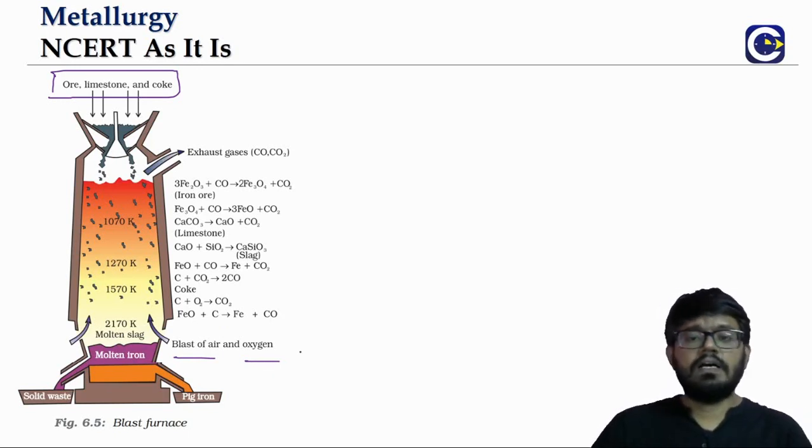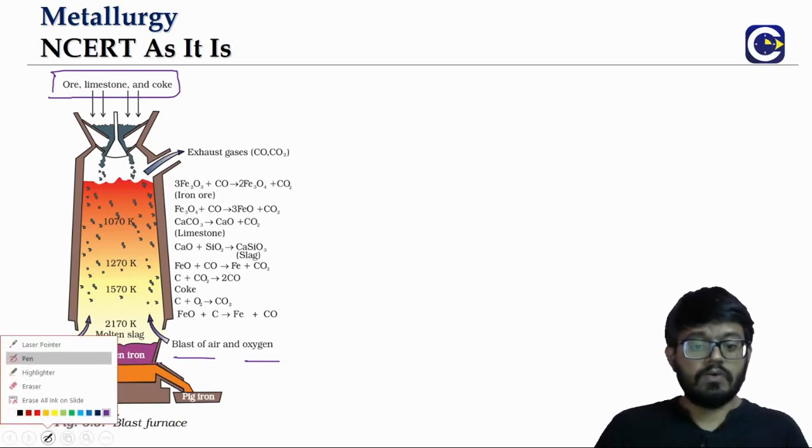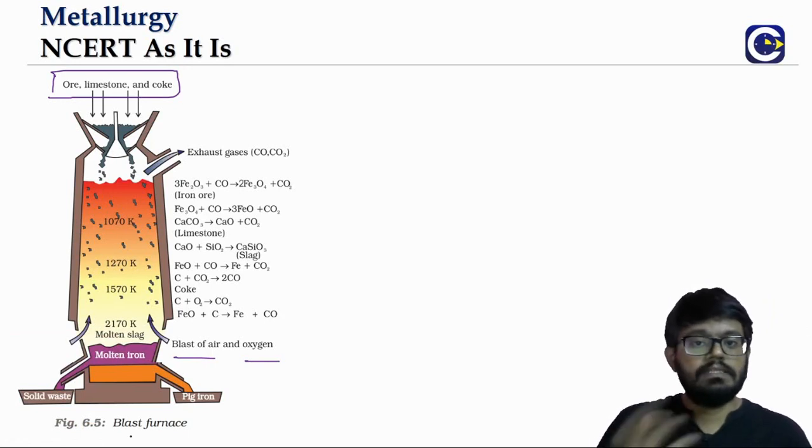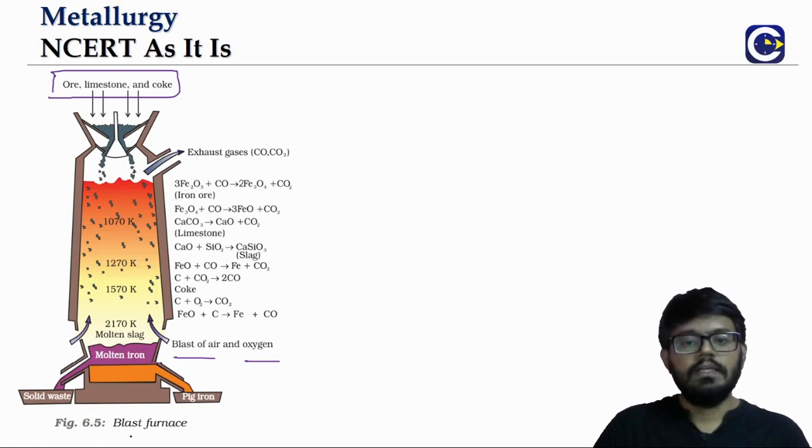We will divide this blast furnace, which is a very long vertical column, broadly into 3 zones. Now in some textbooks, you might see this divided into 4 zones and all that. But since we wanted to follow the NCERT coverage, we will divide this into 3 zones, the way they talked about.